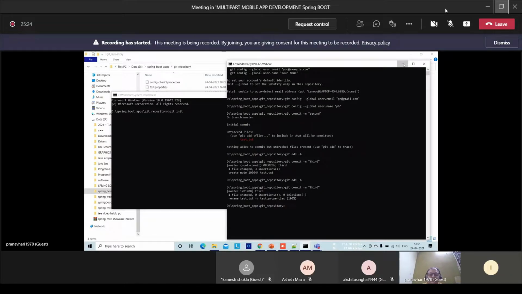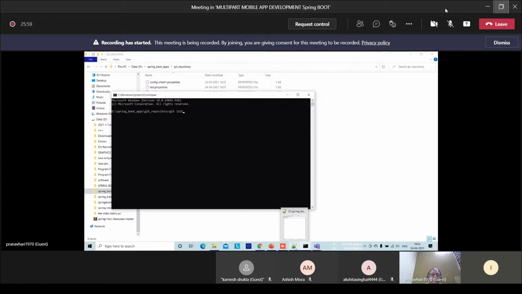Now here I am minimizing this window. In this, there are only 4 or 5 commands. First is git init, second is git add, third one is git commit, fourth, this is needed only once, for setting the user's email ID and name. That's all. Very simple. This command list I shall put onto the PDF that I am sharing with you guys.